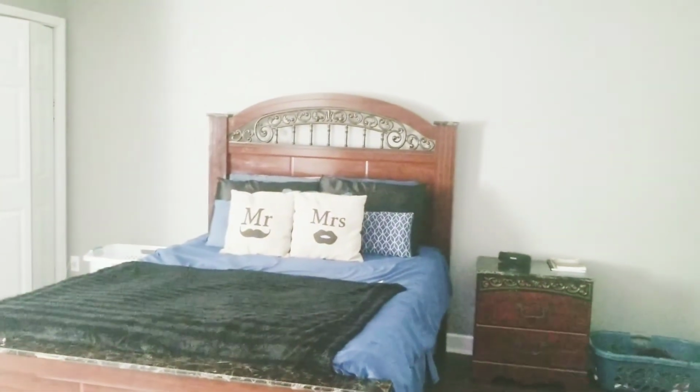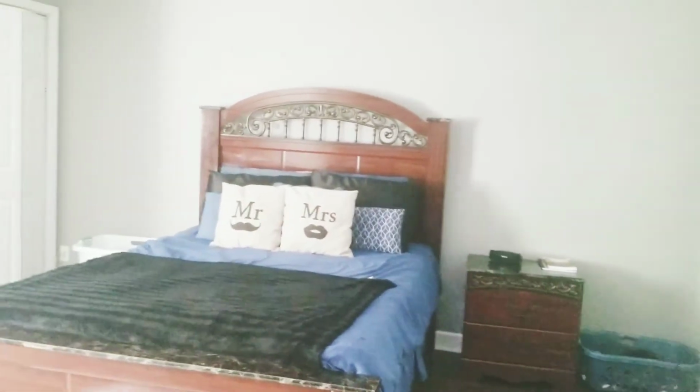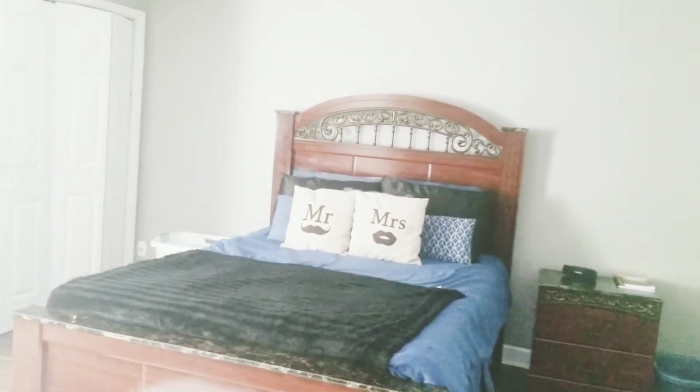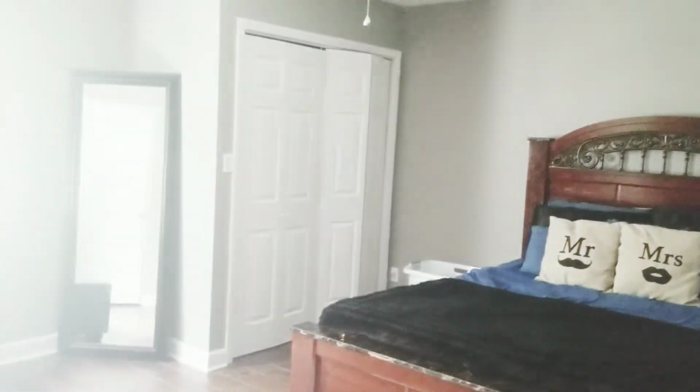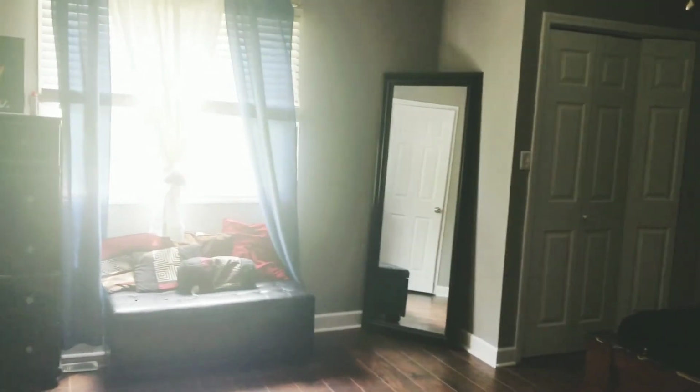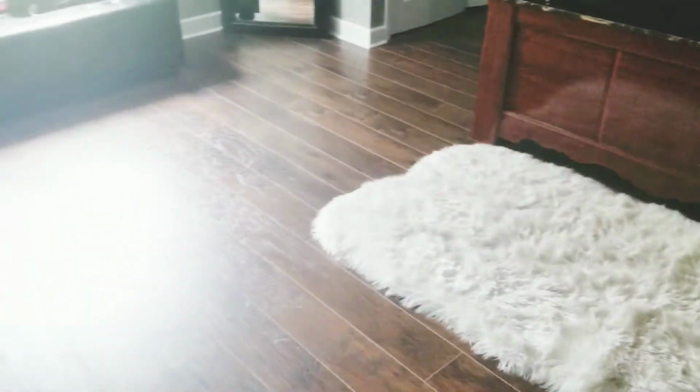So yeah, we painted these. It's a one coat Sherwin-Williams base paint, and it's a matte finish, so it's flat. We got it in a dark gray, not super dark, but yeah, I am excited. What do you guys think? Did we do good? But these floors, y'all,